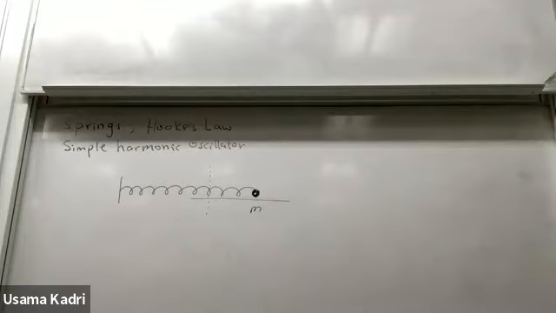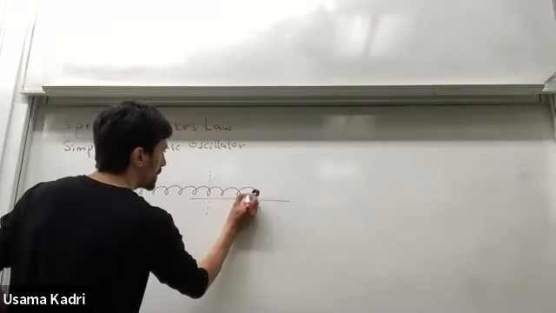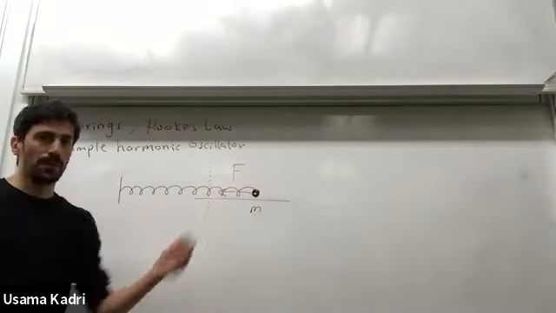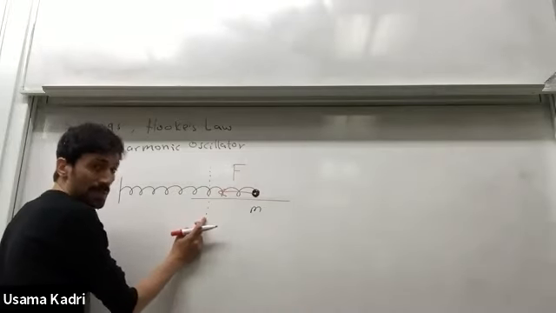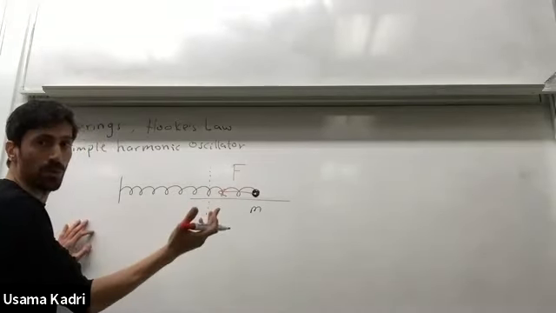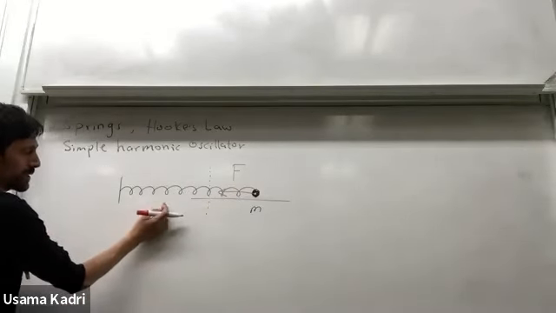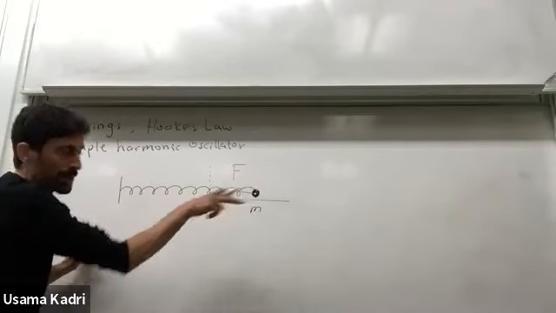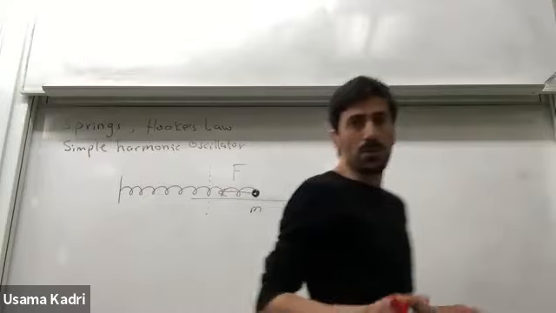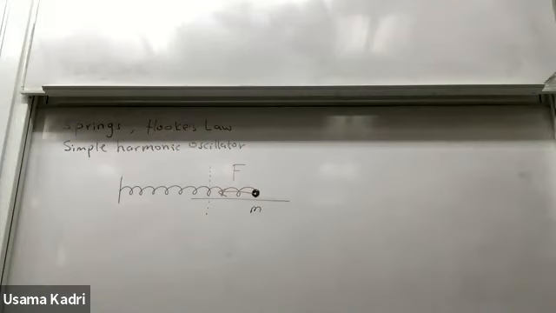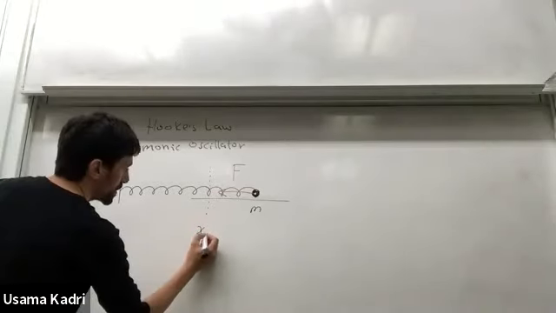Well, before I leave it, as I said, I can feel a force. There's a spring force which wants to restore it to the relaxed length. That's why it's also called a restoring force. So the spring force is a restoring force. I can also push it in this direction, and then the force would be in that direction. It's always in the direction of restoring to the relaxed length. It's a restoring force. Now we can take this point as x equals 0,